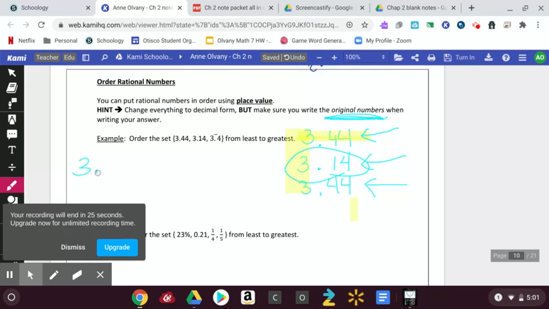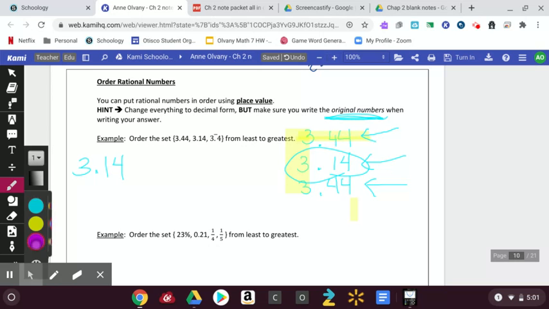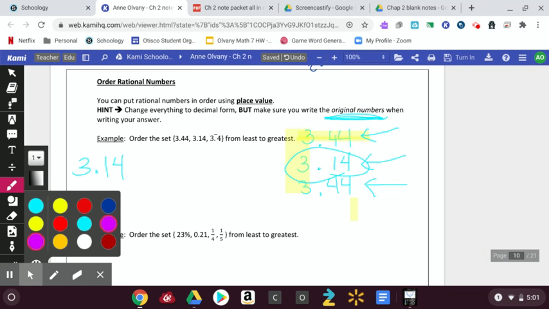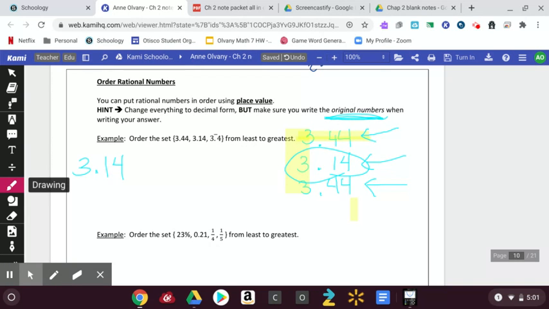3.14 was the original. Here, I need to annex 2 more. I don't know if I can do it fast enough. I need to annex 2 places. One here. This ended. It was terminating, which means I can annex a 0 on it. But this one was repeating, which means when we look at our thousandths place, 440 is less